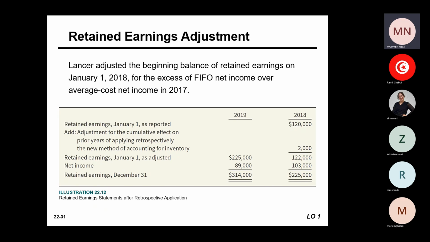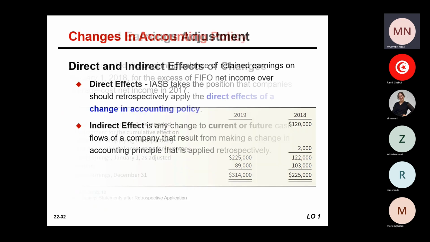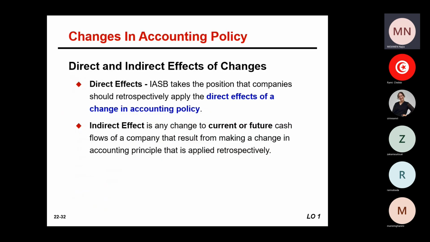For that example, it is not a change in accounting policy. It is just applying a new accounting policy because of this new situation. So that's not a change in accounting policy. And again, we are not, if, for example,